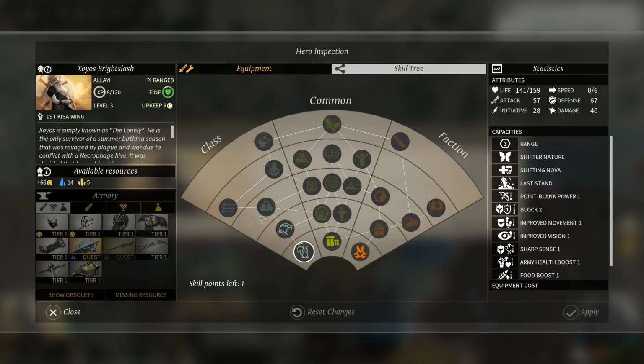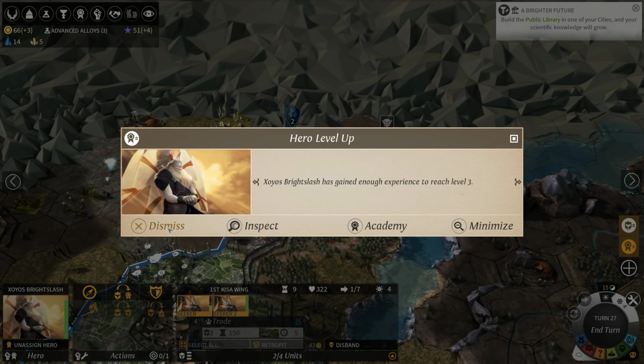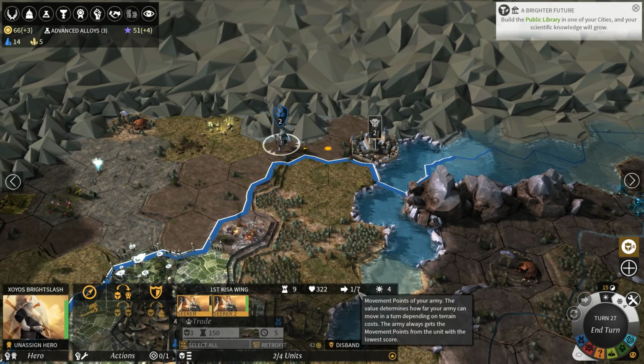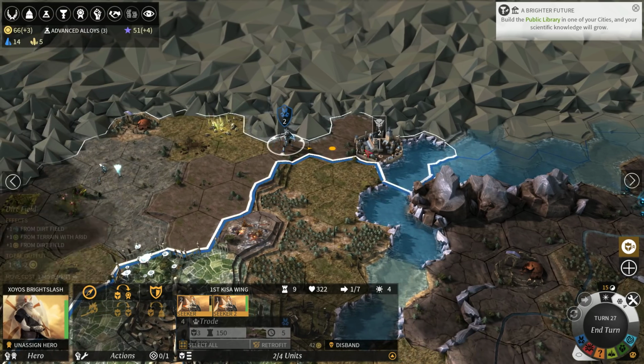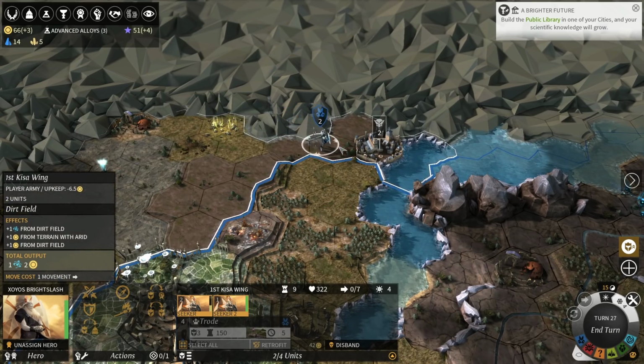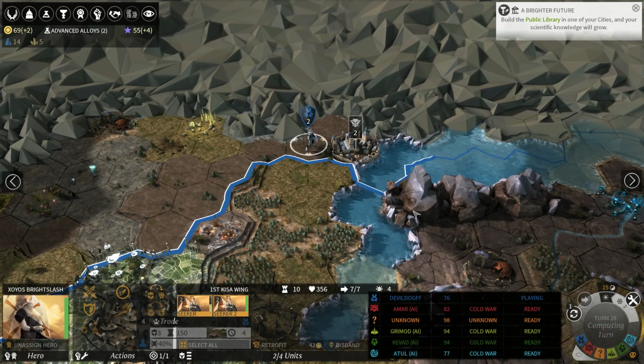Alright, so we gained a level. We're going to take the... let's take the new movement. So this is going to be 7 movement for everybody here. Which is great, see? Which is great. It's just crazy how mobile these guys are. We can move there one turn then. And then...